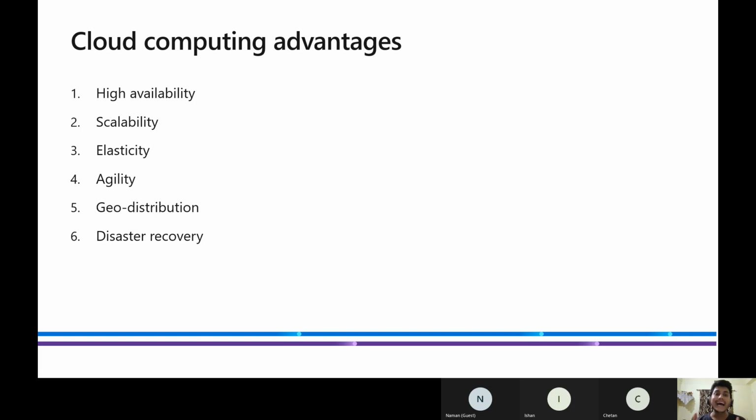Disaster recovery. As we all have used this, we might have changed our phone many times, and almost every time uploaded our documents to our cloud, to our Google Drive, right? So it is really recoverable. You might be having many things, you don't need to worry about it. The thing is safe on cloud, right? Now,